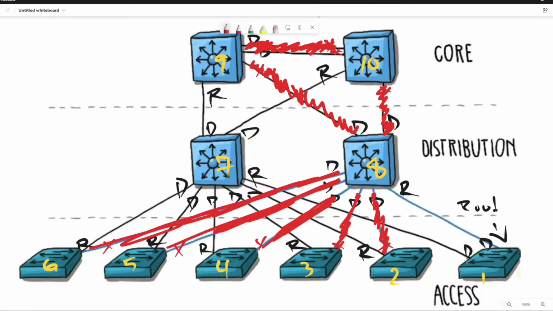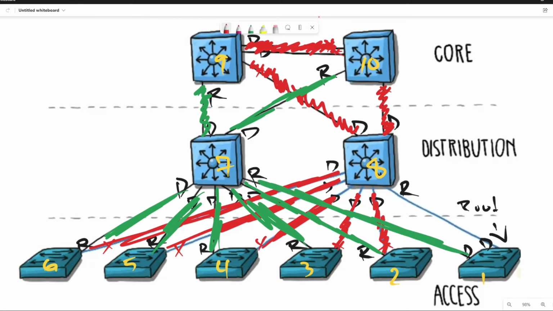Now, what ends up being forwarding is going to be this right here, this path, this path. Okay, now we can see better the effect